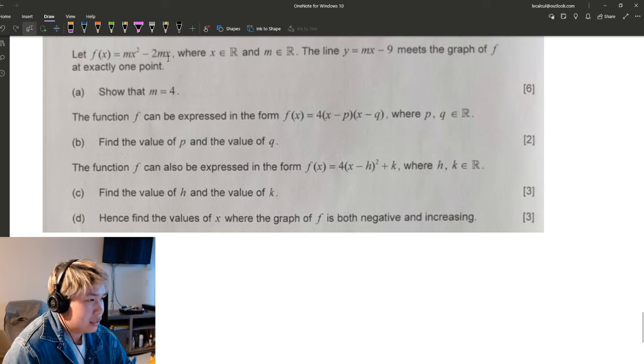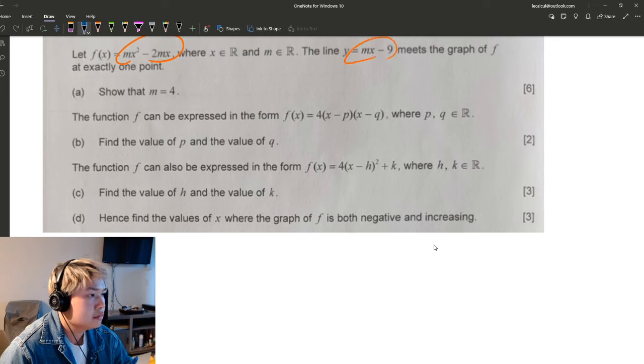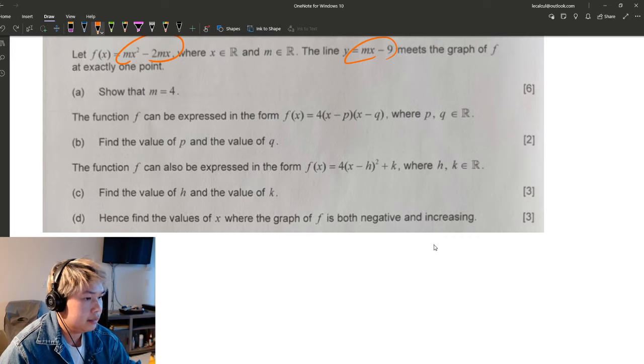Okay, what is this? So f is this function, sure. And then we have a line, and it's going to go through the graph at exactly 1 point. Then we need to show that m is 4. Okay, so if they meet the graph, then that means that the two things are going to be equal to each other. This one and this one. So we're going to have, for part A,